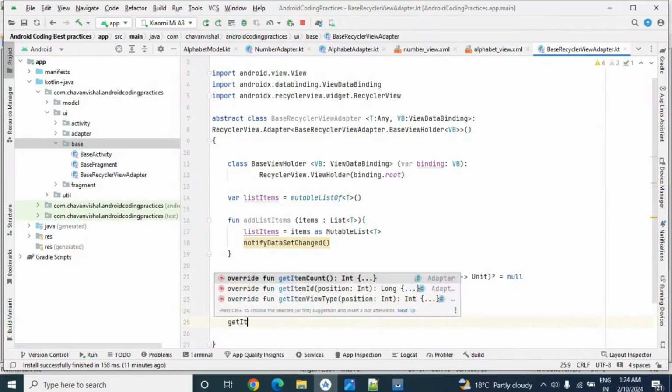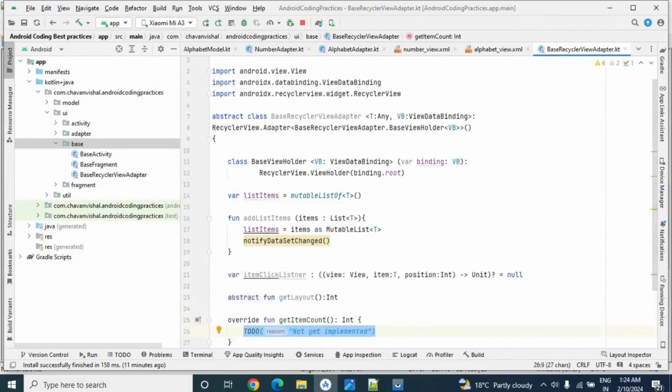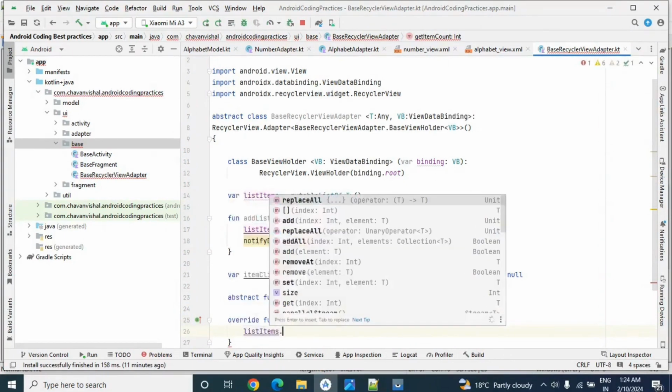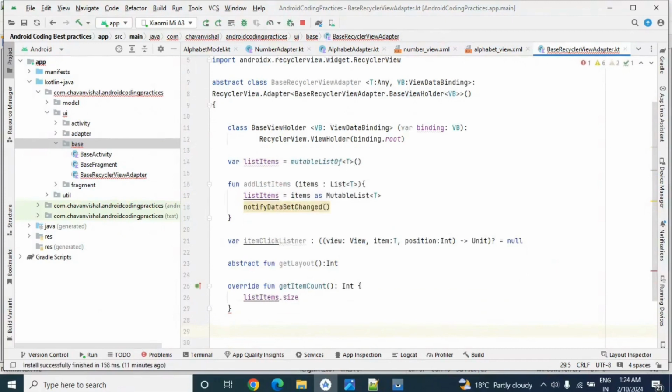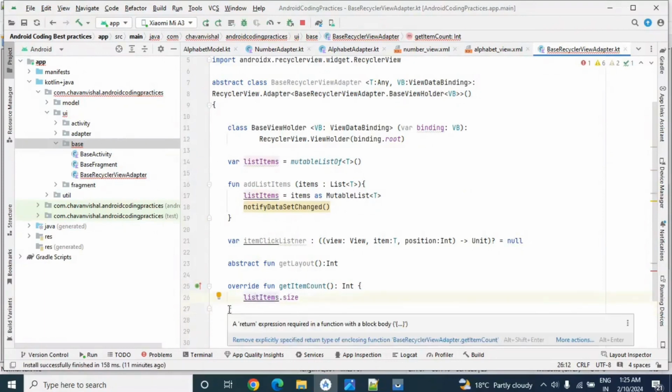Now let's create the get item count method. This method will return list item dot size. Get item count is equal to list item dot size. Override fun. There is some error, just a minute.